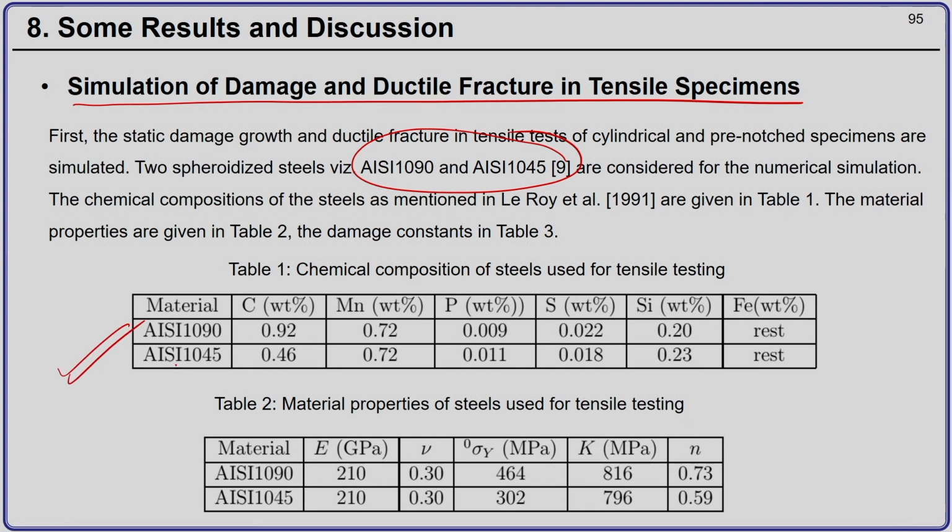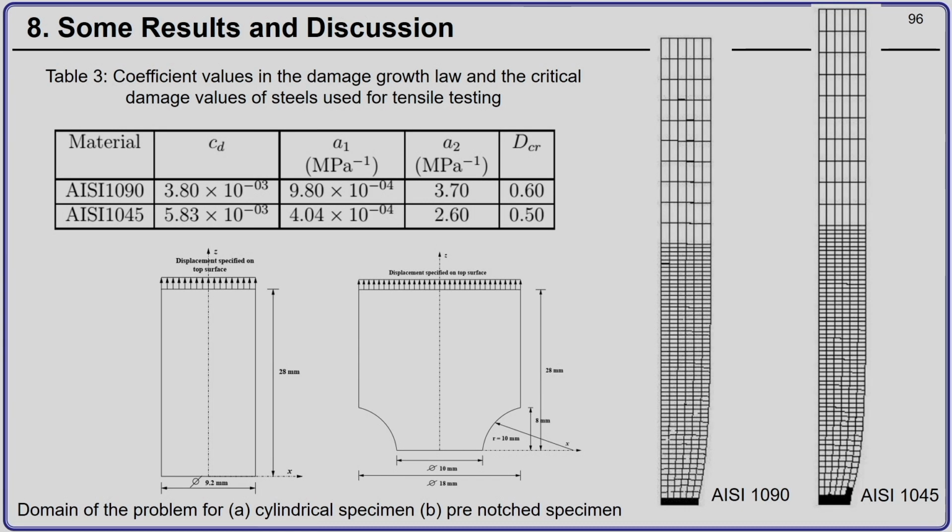the literature. So, this is the chemical composition of the 2 steels, and these are the material properties which we have taken from Leroy's 1981 results, and the damage constants in our damage growth law, which we discussed in the initial slides, are obtained as follows. Okay. So, these are obtained using curve fitting, and again we use the cylindrical specimen and the